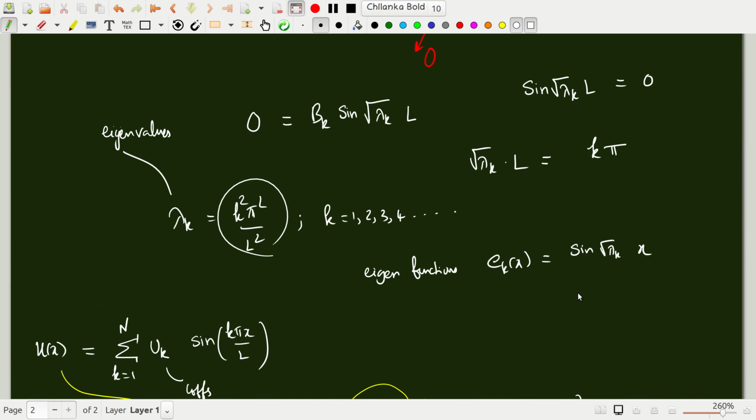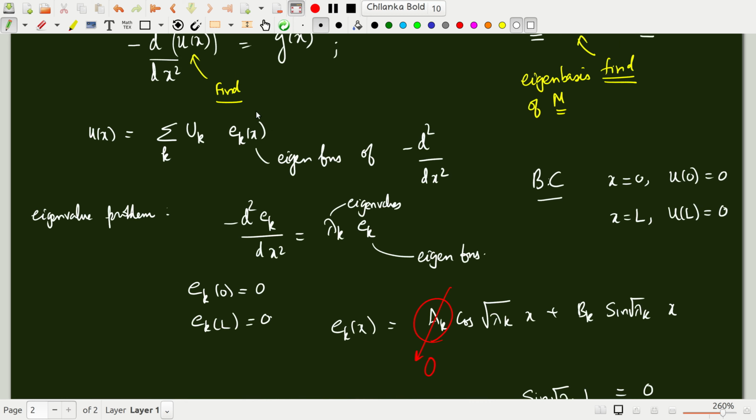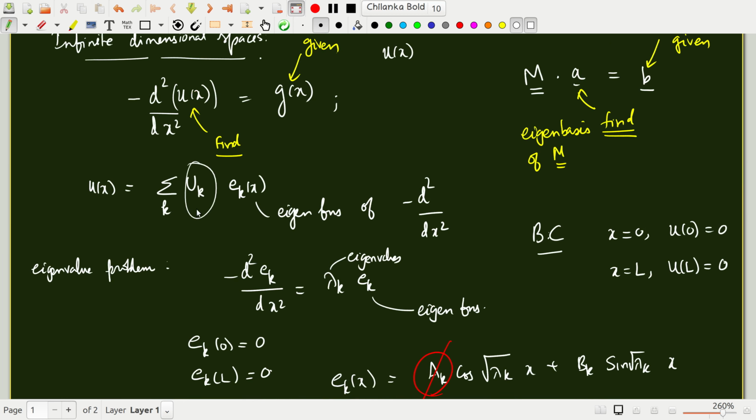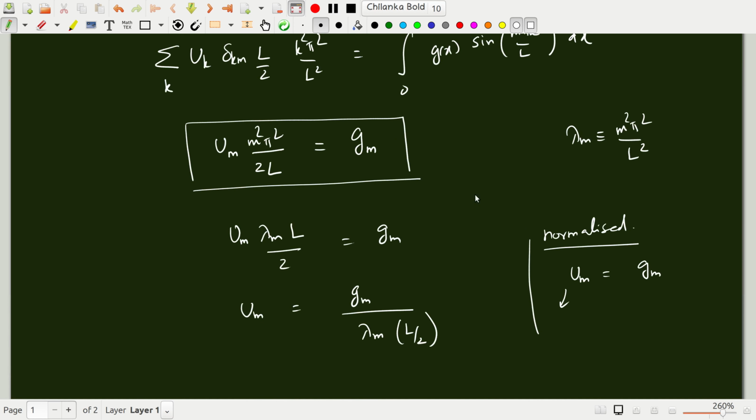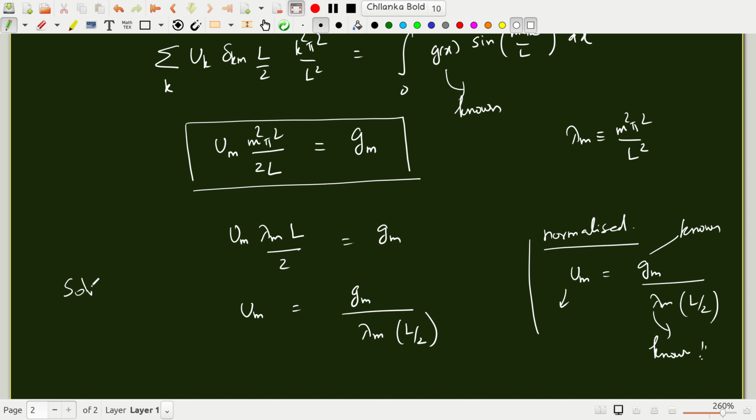Remember, we are trying to solve this differential equation, and we don't know what these are, and those are what we are finding now in terms of the known Fourier coefficients. This is a known function, so you know how to do this integration, and you can do it and get gm. So these are known, and of course you have solved the eigenvalue problem, so these are also known. So we have solved the differential equation using the method of eigenfunction expansions.